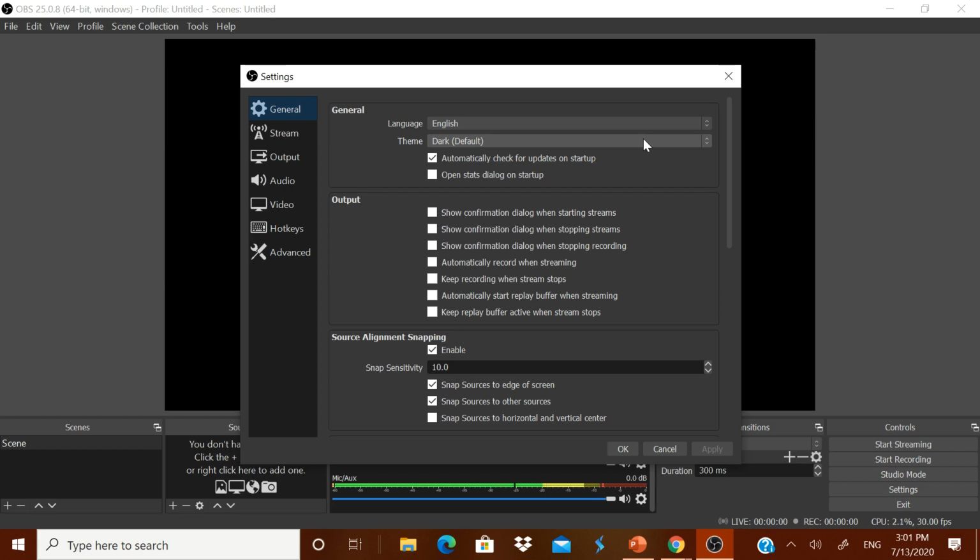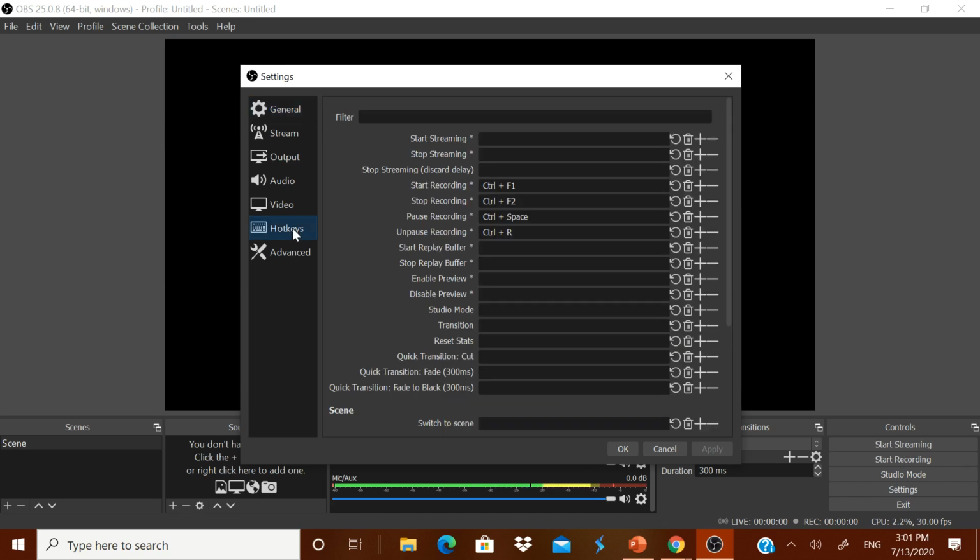Because, once again I repeat, this OBS is going to run in the background. Whenever you are having a meet, or whenever you are going to record a PPT or a video of your classes, whatever you want to do with the camera, it is going to run in the background. Therefore, no need to come back to this OBS window and start recording, stop recording, and settings and so on. No need to do it.